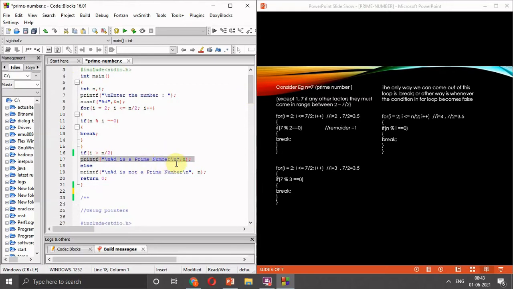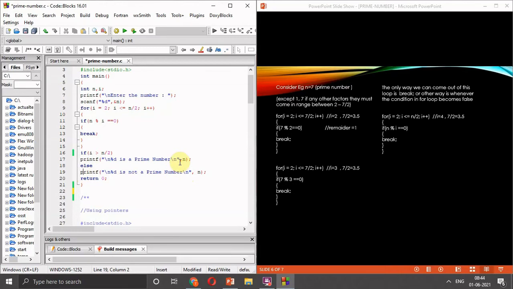And if i is not greater than n by 2, then we will jump into the else part, printf %d is not a prime number. But our i's value is greater than n by 2, so it will return the output 7 is a prime number.